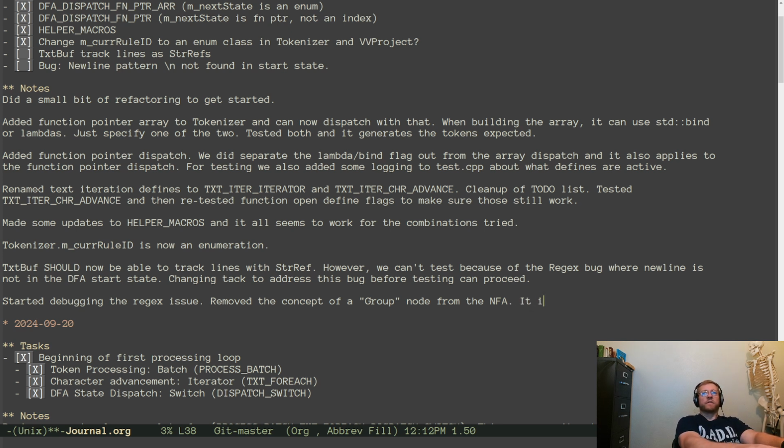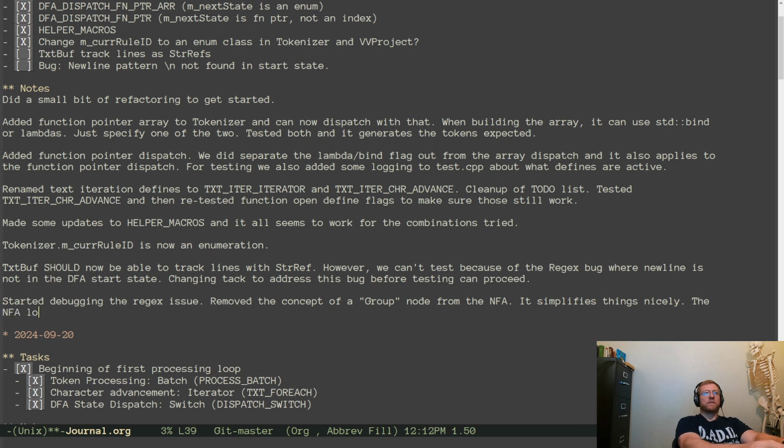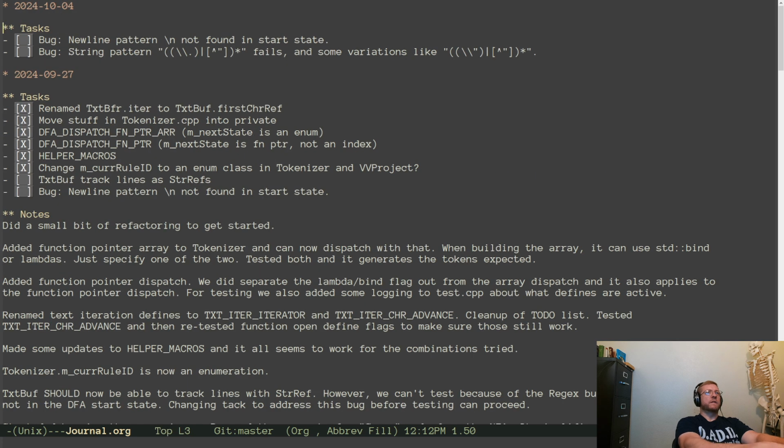It simplifies things nicely. The NFA looks okay, just the DFA looks wrong. We'll show all that here in a minute, but basically, did not find the issue before the end of stream. Okay, so that should be a good update for what we were doing last week.